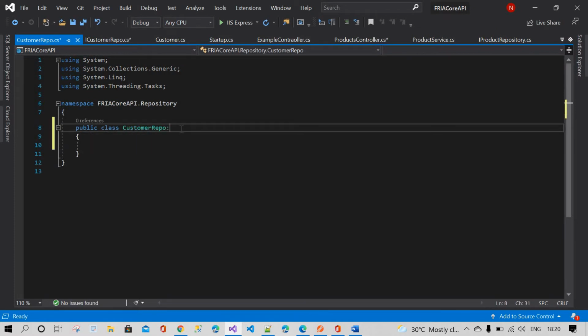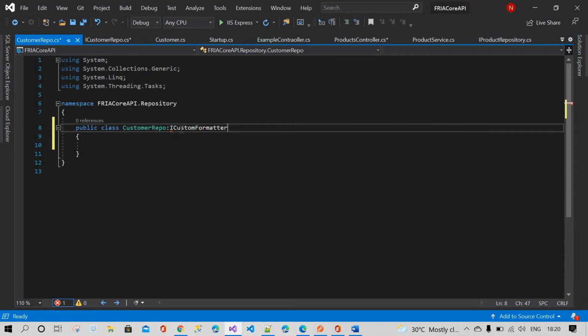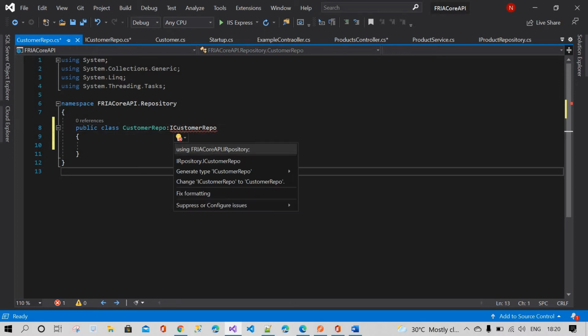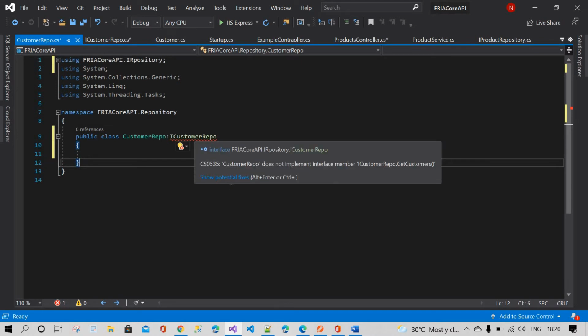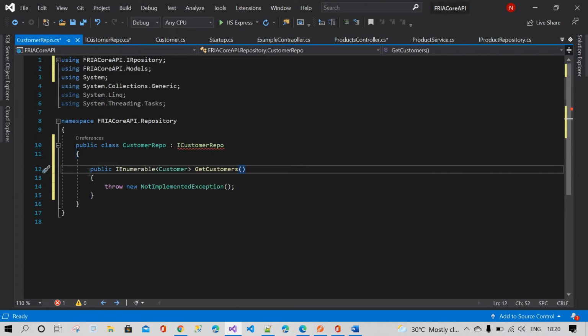First of all we need to inherit that interface, ICustomerRepo. After that we need to implement those methods in this class. Implement. You can see the methods came here. Now we need to start the implementation.